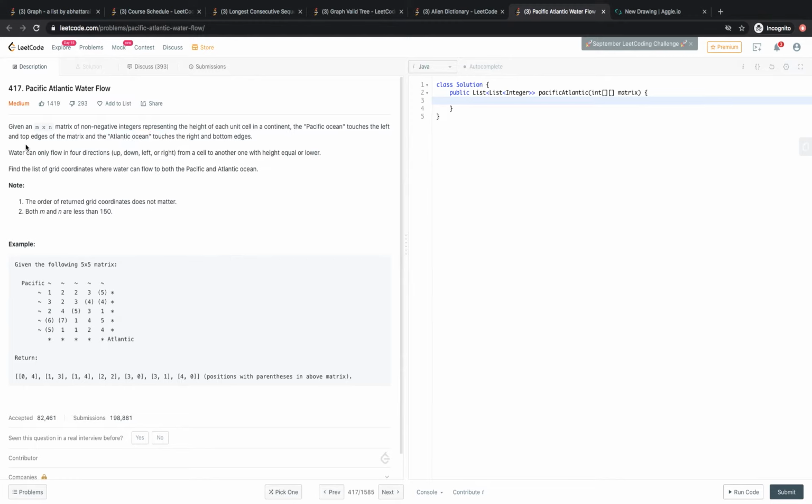Here, water can flow in 4 directions: up, down, left, right, from a cell to another of equal height or lower. So from this cell to flow to this cell, if the value is higher than the previous, then we'll simply return false, right? So this can flow here. Find the list of grid coordinates where water can flow to both Pacific and Atlantic. So we need to find a place from where it can flow to both the